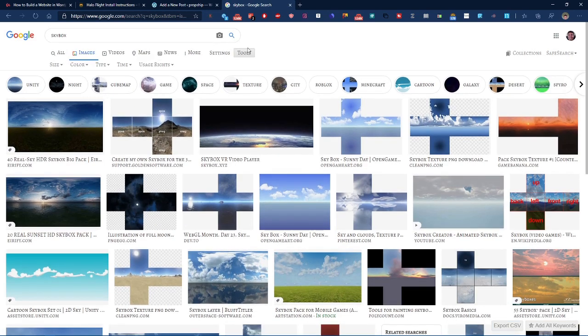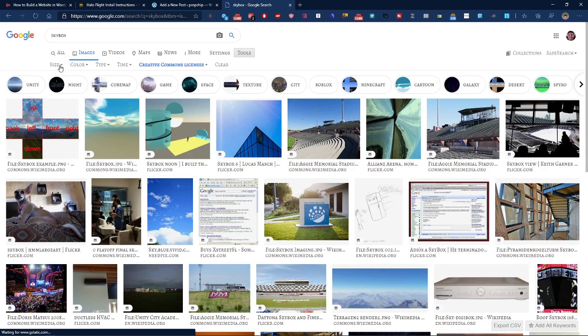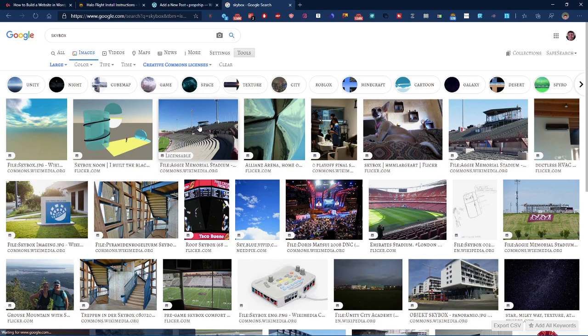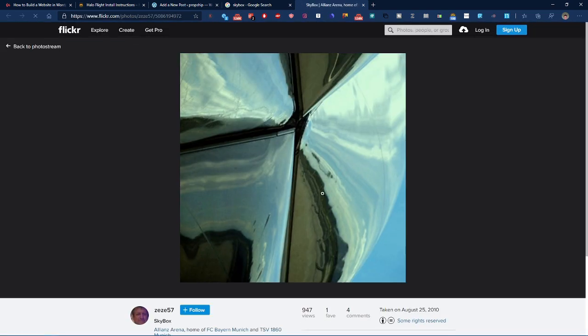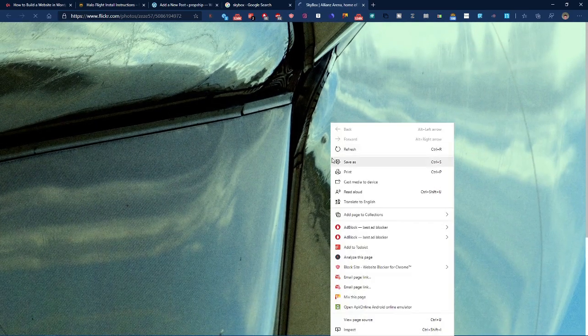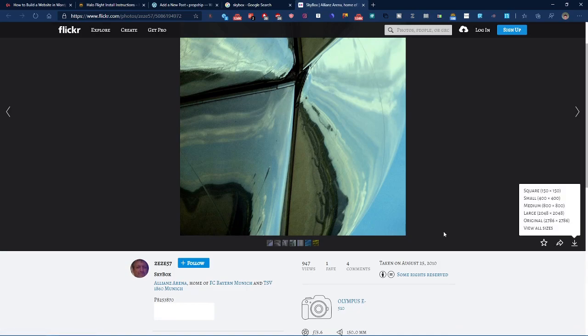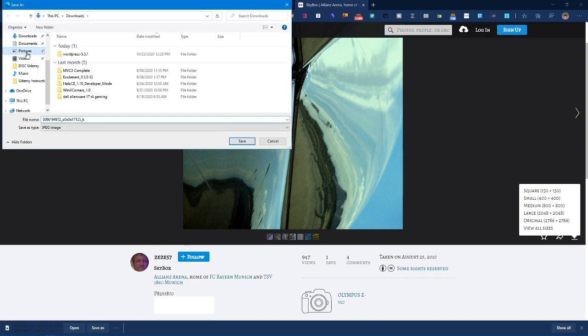Now you want to make sure that your images have copyright rights to use. So you want to select Creative Commons licenses. That gives you free legal right to use the images without issue of copyright or having to credit anything. So now I will copy this. Notice it says licensable, which means it's legal for reuse. I'm going to download it in the large size, place it in my pictures folder,